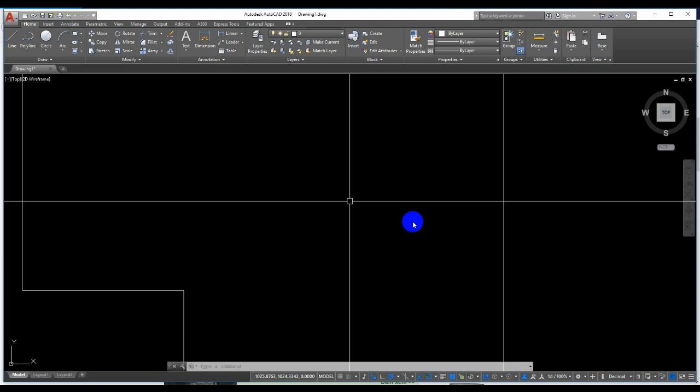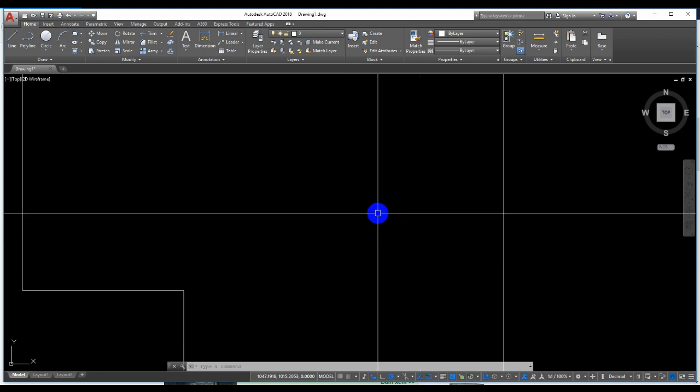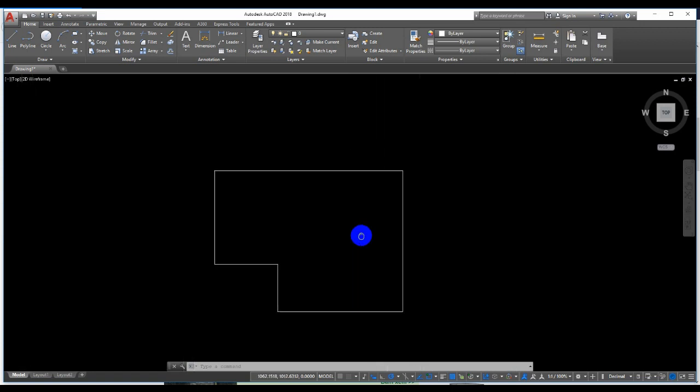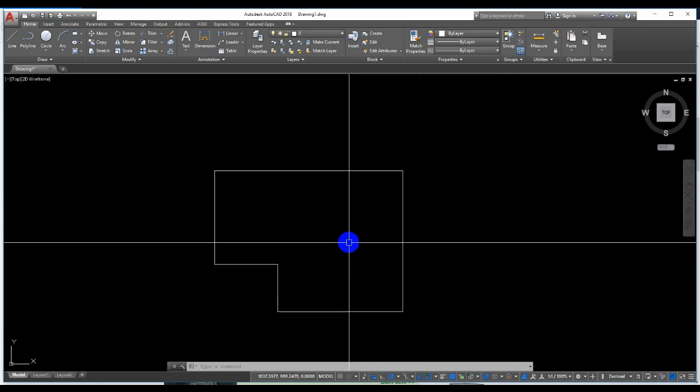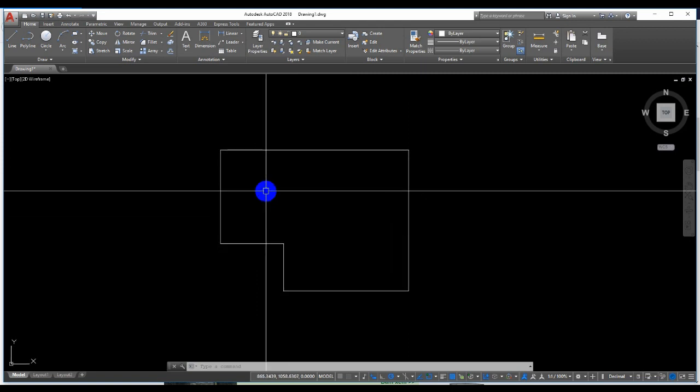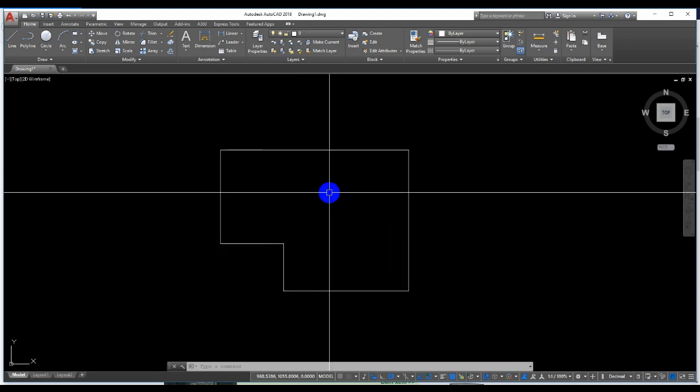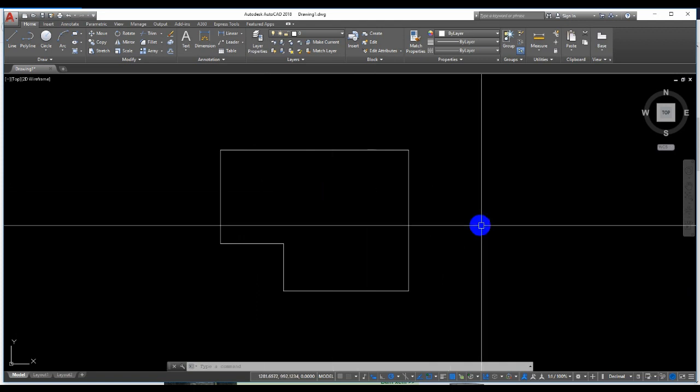Today, how to quickly copy and move objects in AutoCAD version 2018. Okay, I have objects now. Very simple. First, you select the object,